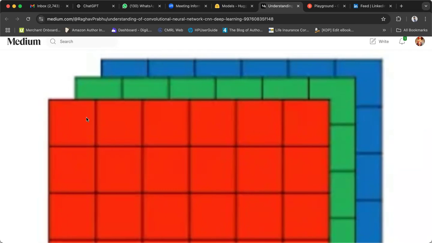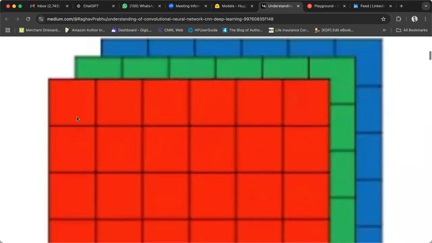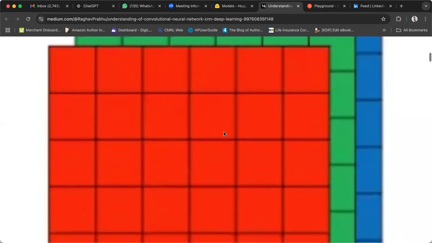After the color combination is read, it will read block by block like a matrix, a square-shaped matrix, and this is how each and every image is recognized by the system.